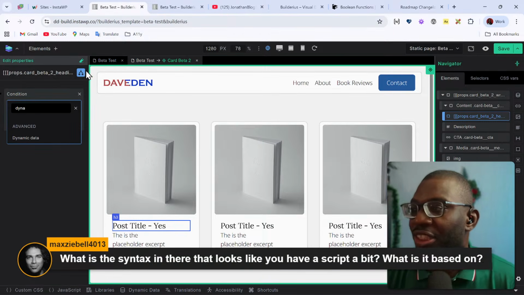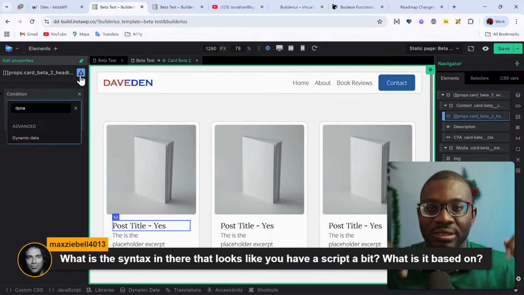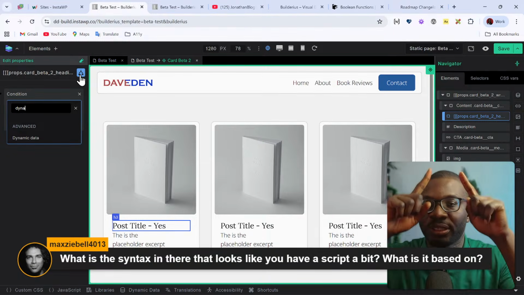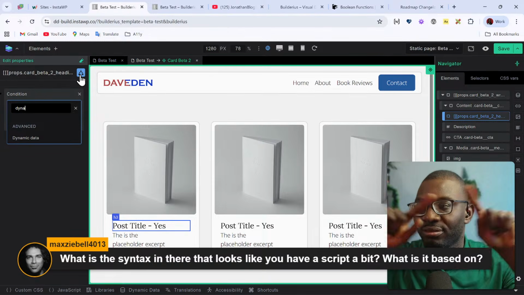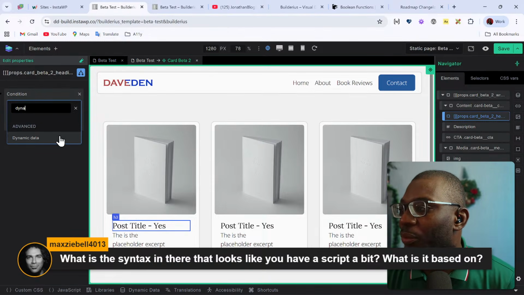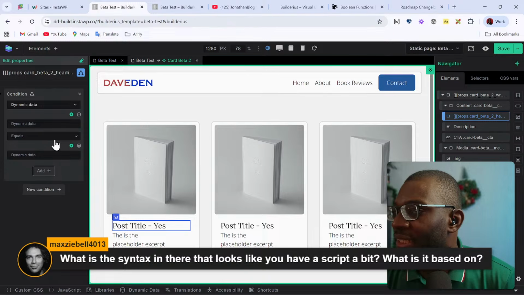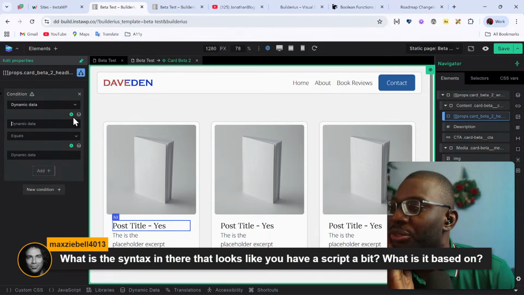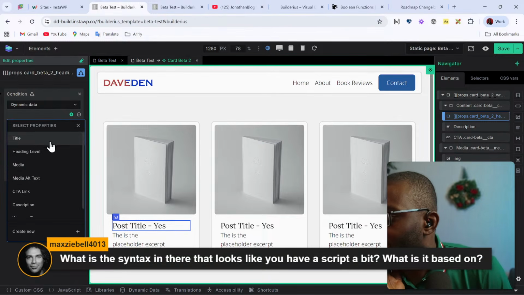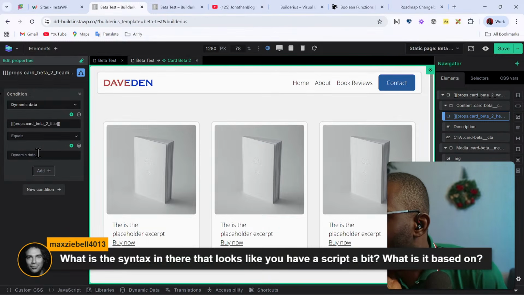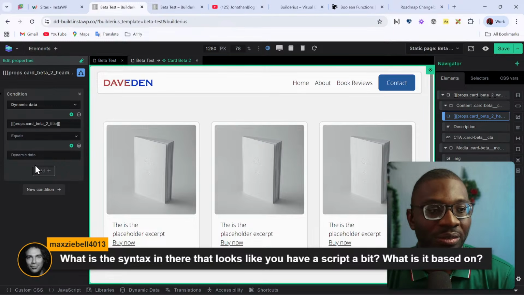So the conditional logic is this icon that looks like, what do you call it, a decision tree. So it has a Y, upside down Y. That's where you now choose dynamic data, and within dynamic data, that's where you add your prop. So you can say, let's say the title is equal to